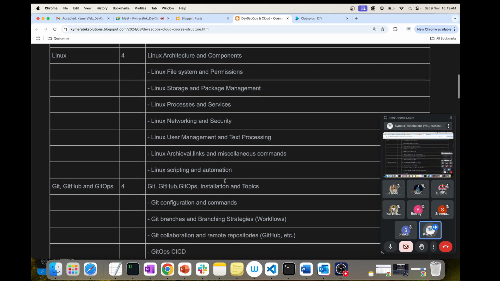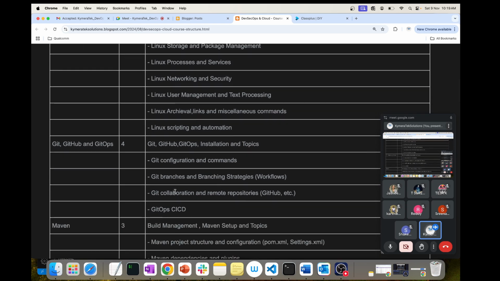Then we have GitHub. It is a source code management tool, where we store our code. Our code base would be GitHub. So be it application code, be it our DevOps related automations, shared libraries, Terraform, Ansible, everything comes down to GitHub.